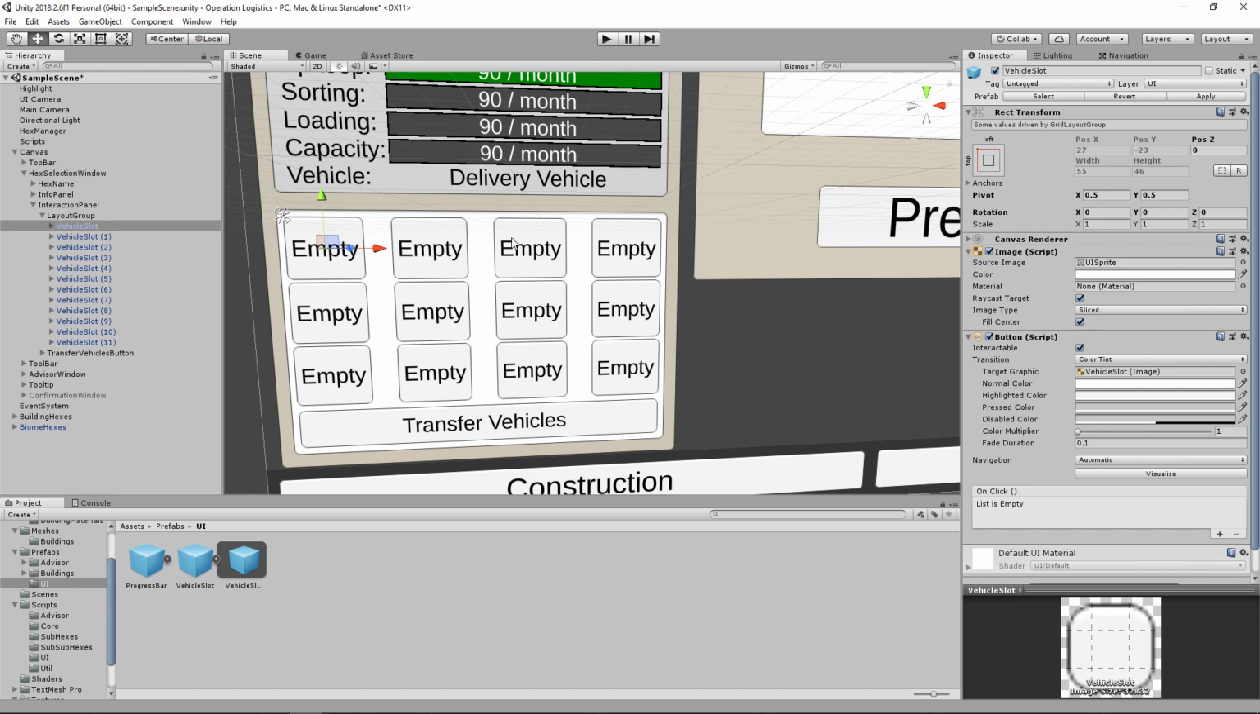I don't necessarily want to create a new vehicle every time. So we need to check to see. So this one would be 0, this one would be 1, this one would be 2, and we'd have 3 total vehicles there. So we need to check to see